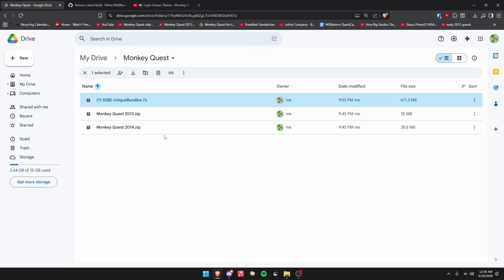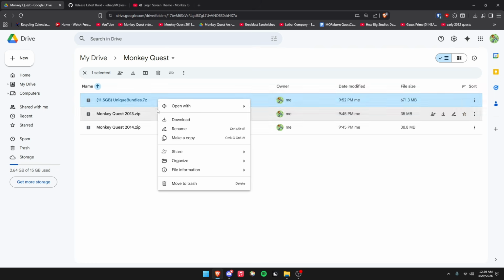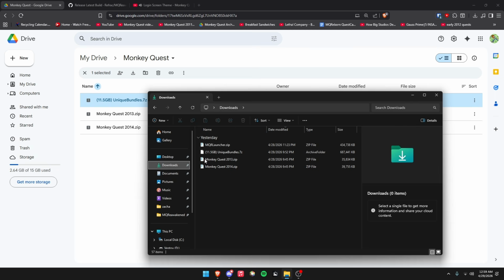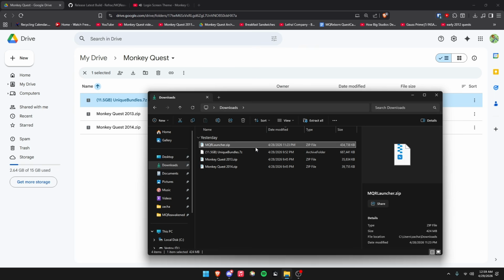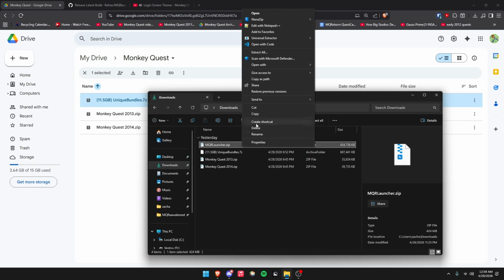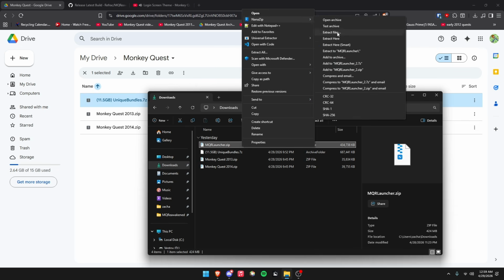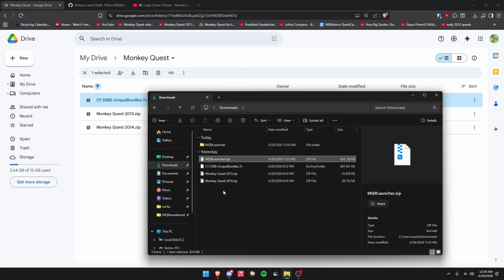Next, we will need unique bundles and a Monkey Quest client. So I will download those. Now that they are downloaded, we can go to our downloads folder and unzip the MQR launcher. Okay, now the MQR launcher is extracted, we can go ahead and copy